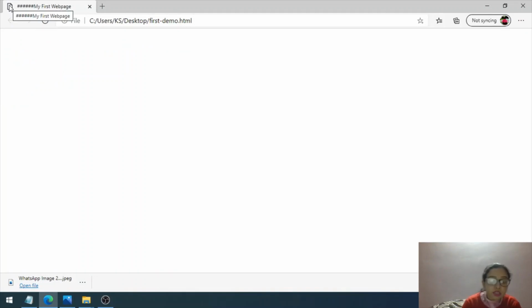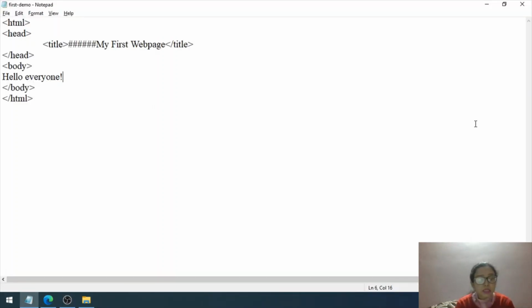Alt Tab, let's go to our web page and press F5 to refresh. Now as you can see, the content has come. As I told you in my previous lectures also, this white area is the body area of the web page, and whatever changes you do in the body area are going to be depicted here. All right, now let us try doing something else. Now friends, let's see how we can have a new line over our web page.